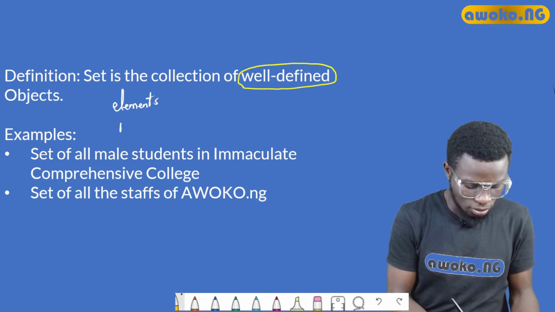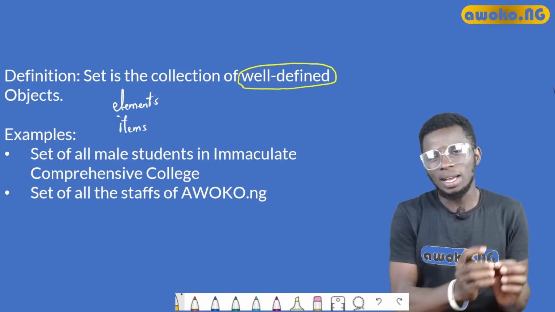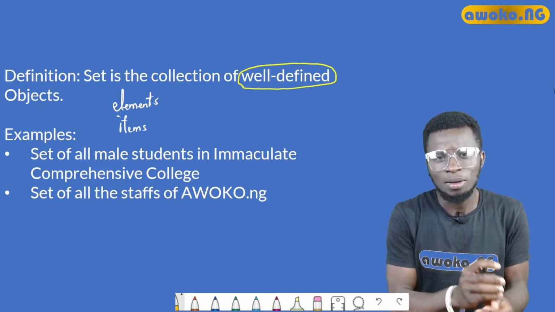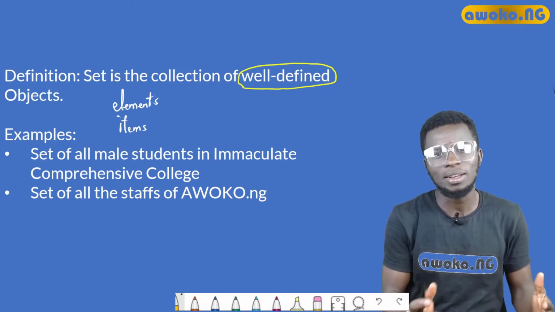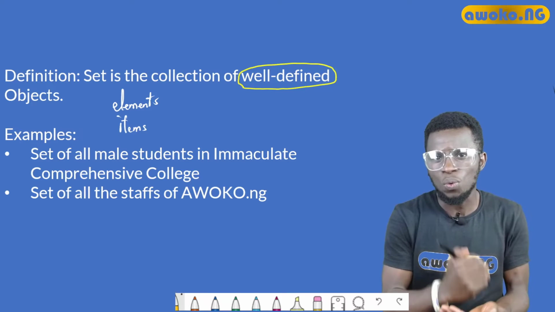Some texts call the components items. So the items or the elements of a particular set must have similar characteristics, and those characteristics must be well